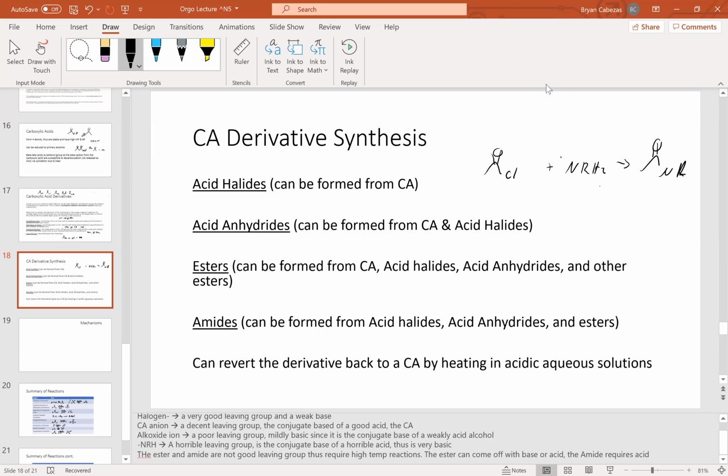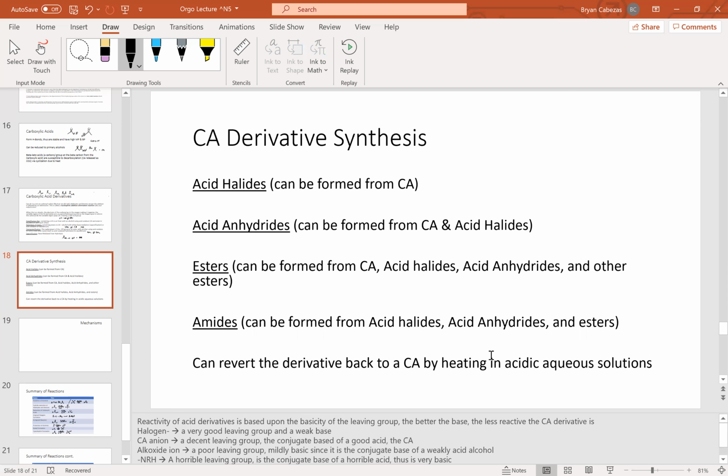So what's with the ladder right here? What's going on? What we need to know is that these carboxylic acid derivatives have different reactivities,